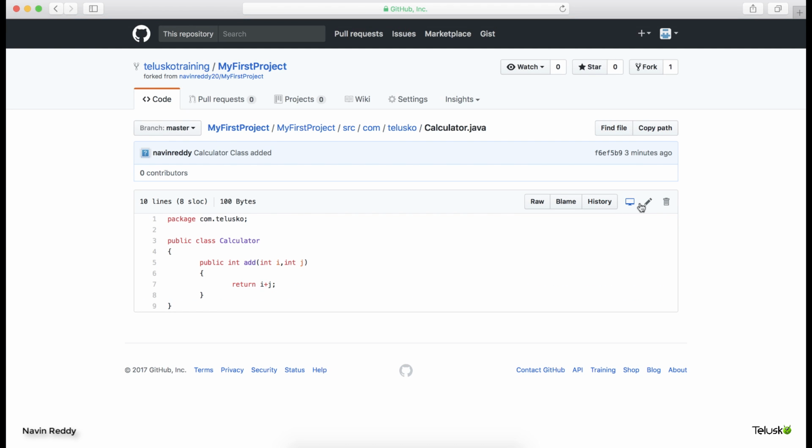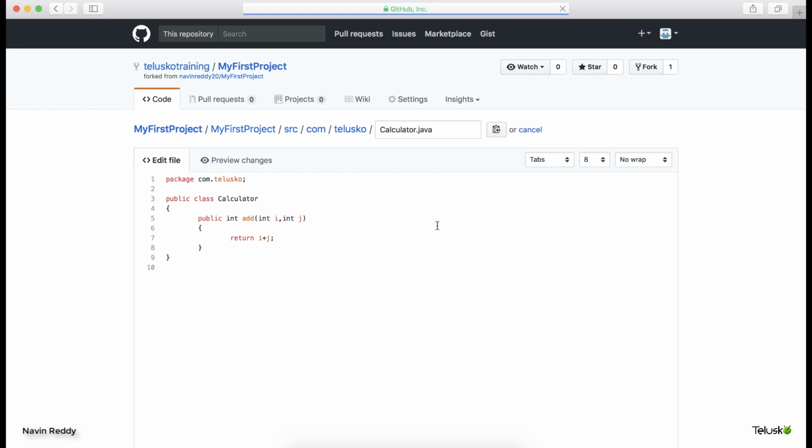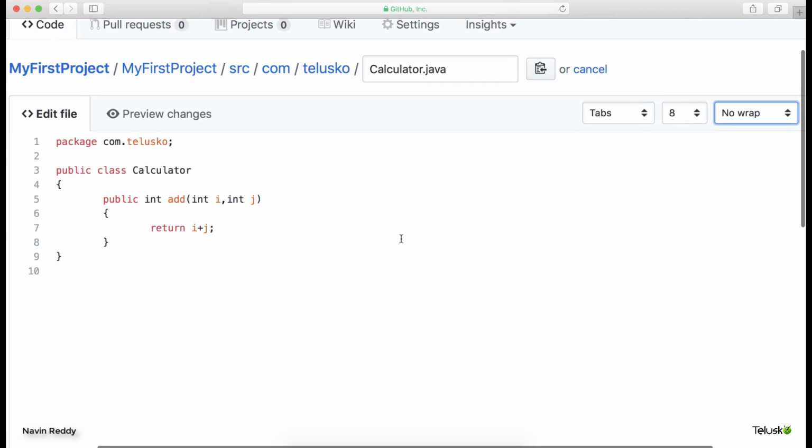So what I will do now is go here and make some changes from the server itself, from GitHub itself. Is it possible? Let's try it out. I will click on edit, and you can see we got the option of editing this file, and the font size is very small. Hey, how do I increase the font size here? Do we have an option? I don't think so. Let me just zoom in.